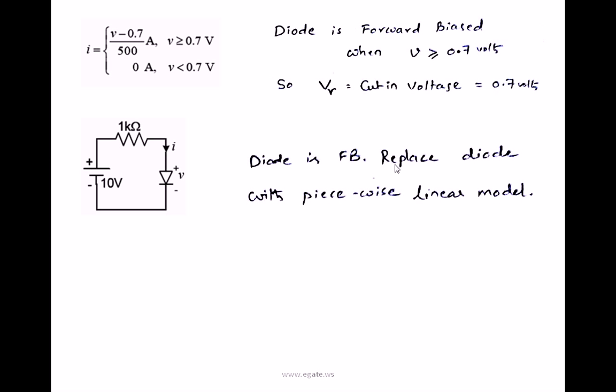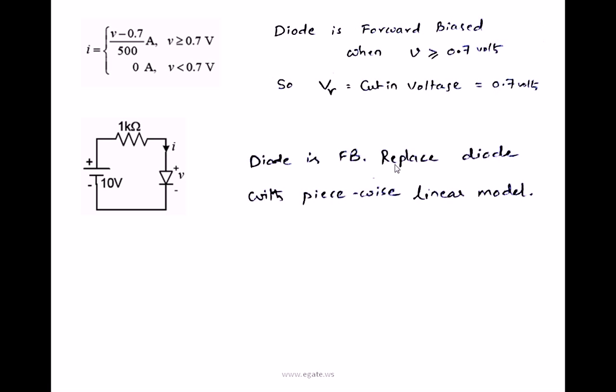Now, this was the actual circuit given. For this one, you need to calculate the current flowing through the diode. Since 10 volts is applied and the positive terminal of the 10 volts is connected to the P side and the negative terminal is connected to the N side, that means the P side of the diode is more positive than the N side of the diode. So the diode is forward biased.